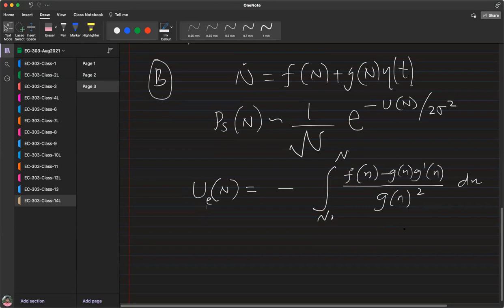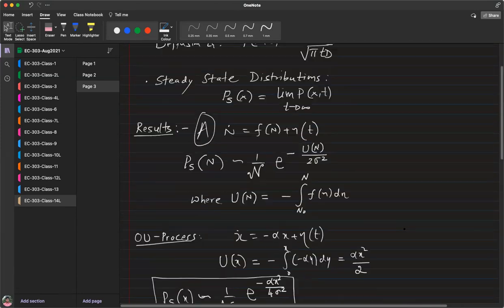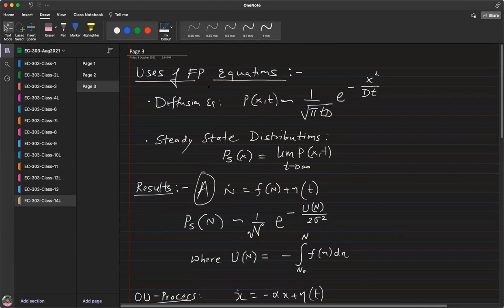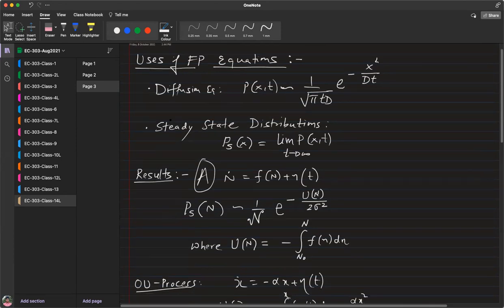Okay. So the basic point I want to convey with this is that Fokker-Planck equations are very fundamental to stochastic processes. They tell you how the probability density function changes with time. Although we cannot calculate exactly how it changes with time, we often depend on the steady state distributions. This is like fixed points, like equilibrium of the dynamical systems. But here the equilibrium is in the entire probability density function itself.